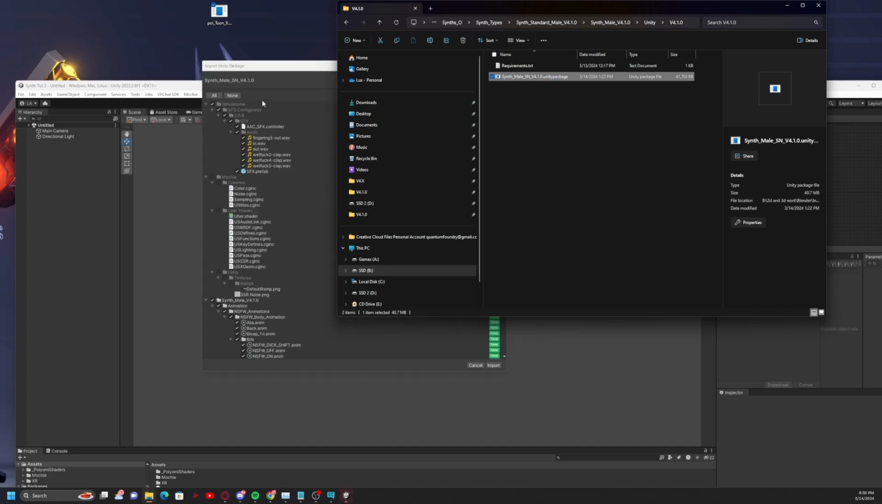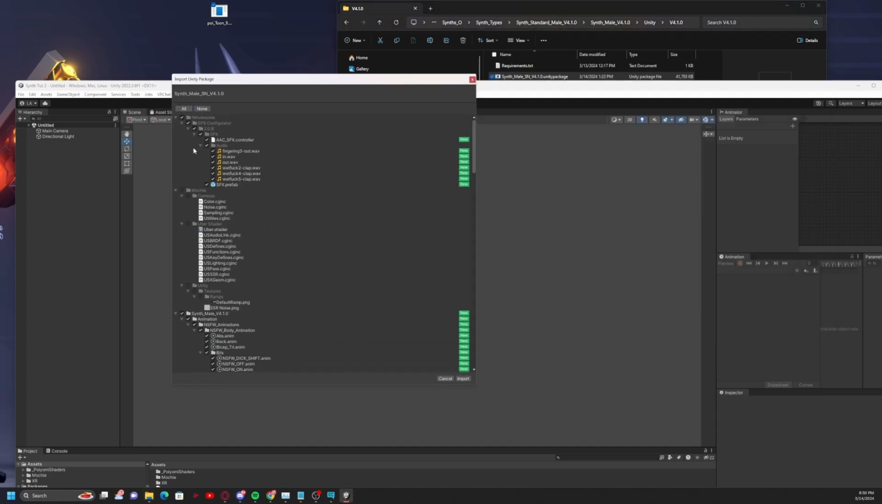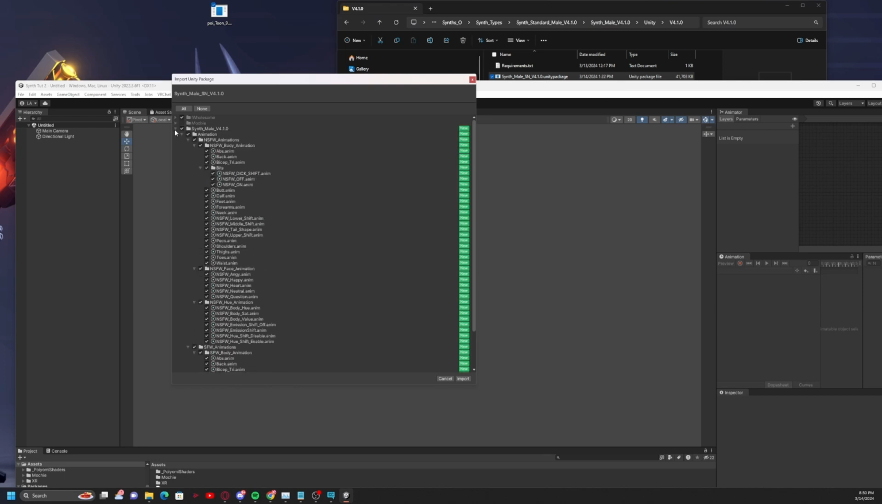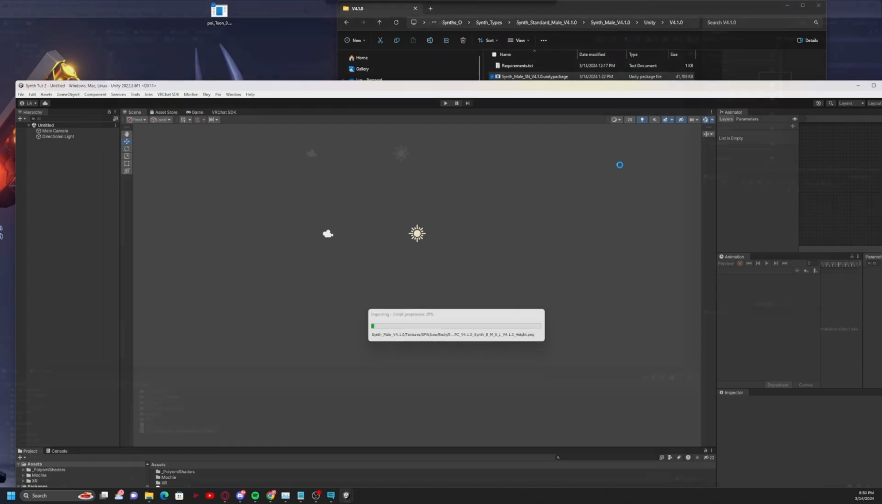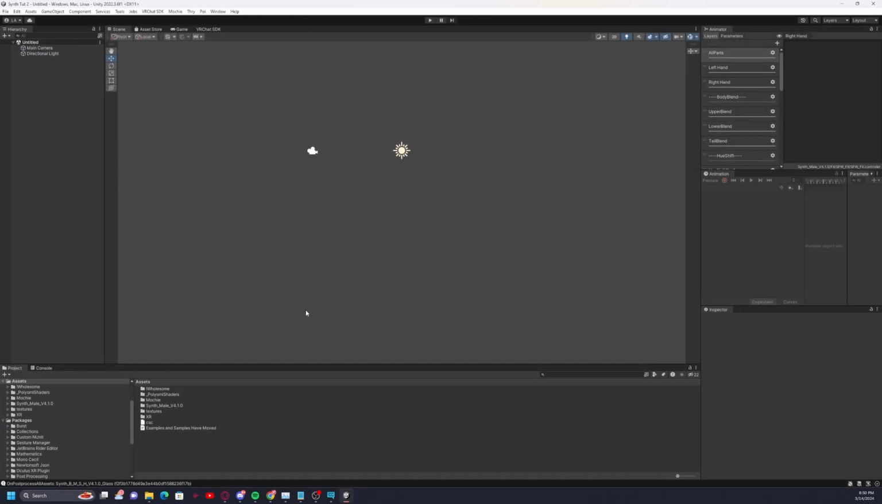The package, press all, import, and all right. So now that it has installed, or if you have done that and it's finished doing the same